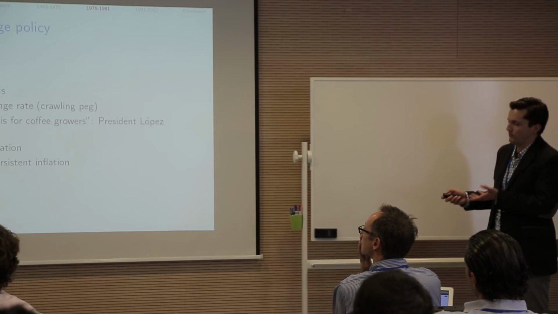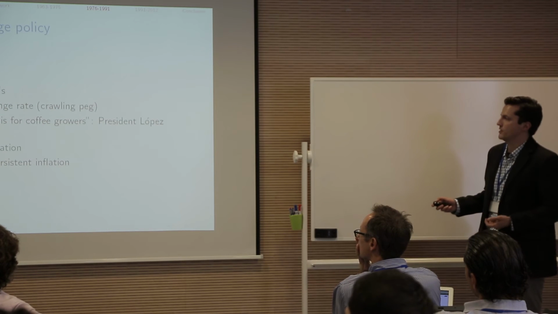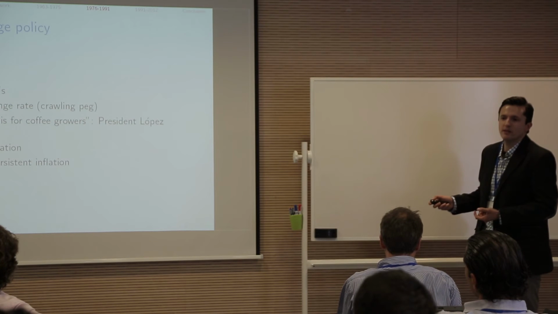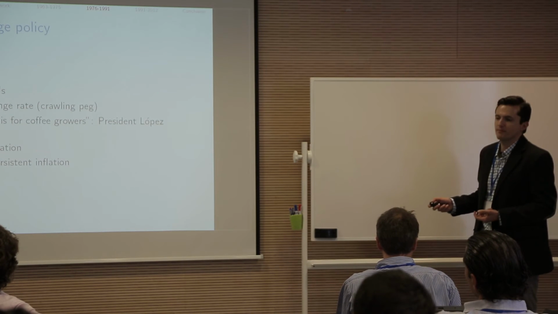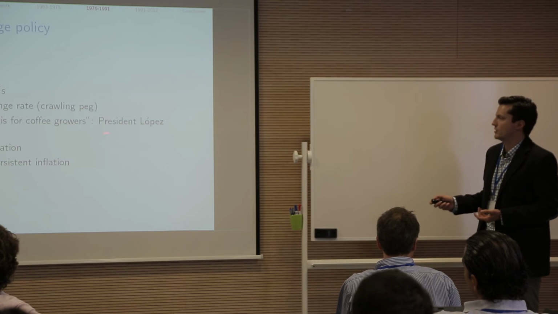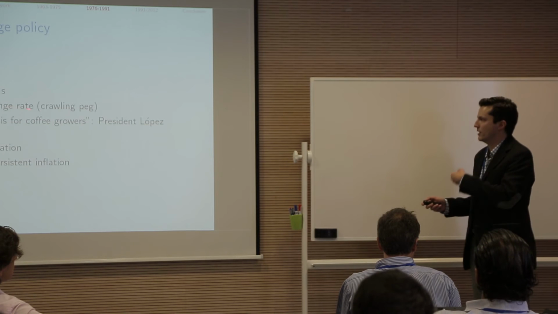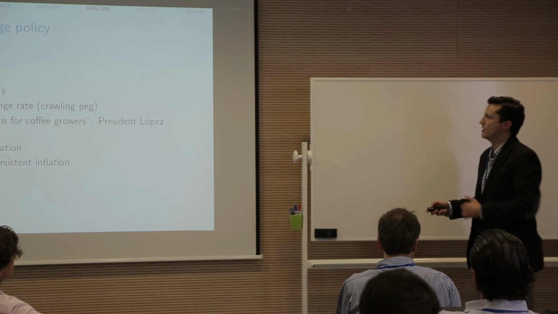So in this period, there were a lot of resources coming into the economy, a lot of dollars, and since there was a fixed exchange rate, basically there was real appreciation. And this caused high and persistent inflation. So this is a quote by the president of the time, who said, the boom is for the coffee growers. So he didn't let the exchange rate appreciate, he just let it